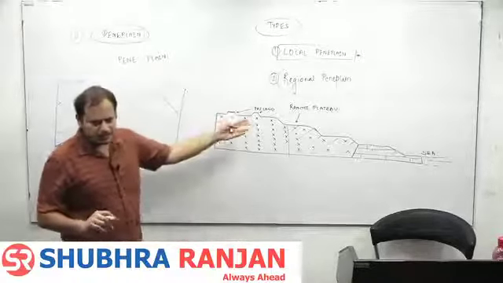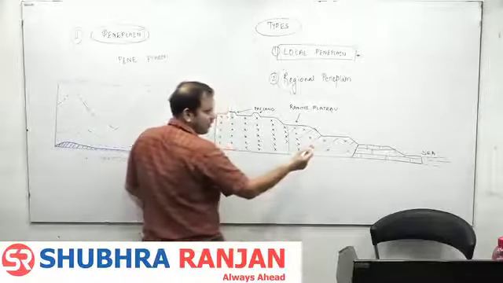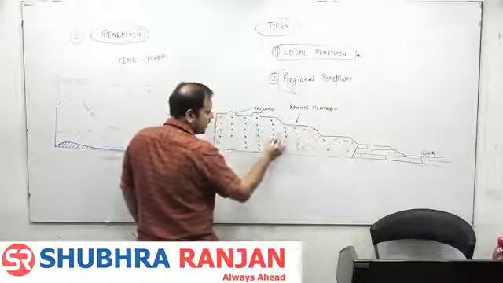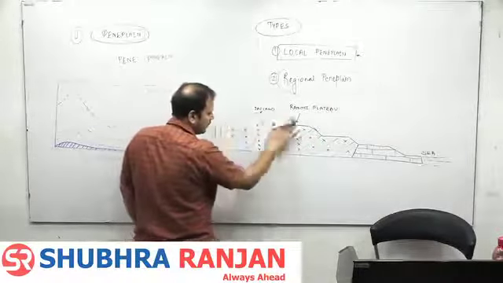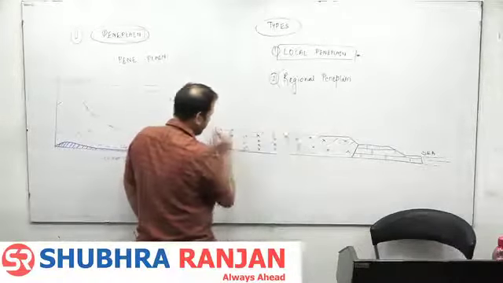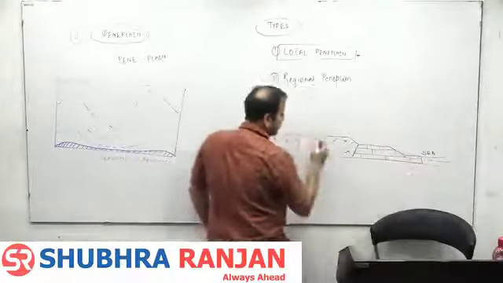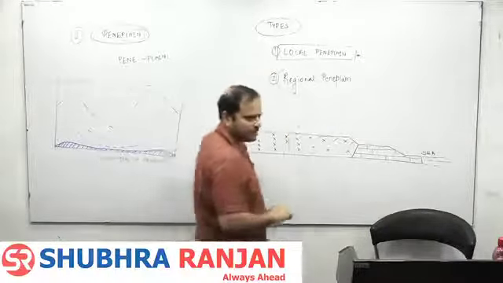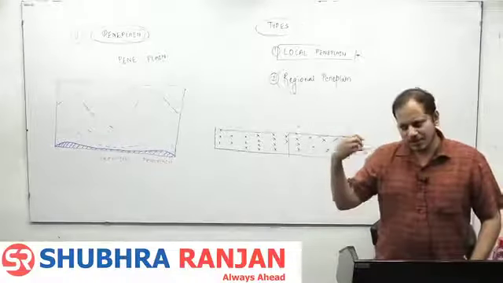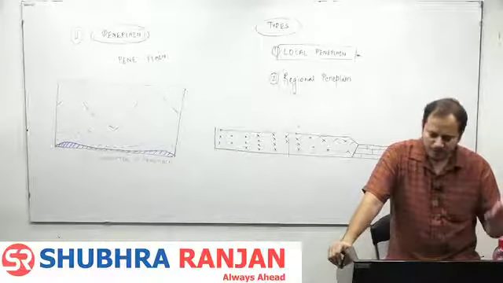Plateland क्या है? Second cycle of erosion में समझ में आएगा. Suppose the river now erodes this entire land और ये land erode हो गई. It is a flat land, fine, but this flat land is not near the sea level, so इसको हम कहेंगे regional peneplain. Getting it? Local, regional, and then the grand peneplain, which is obviously not very possible. अगर ऐसे होता तो entire world would have been very very flat. So regional peneplain